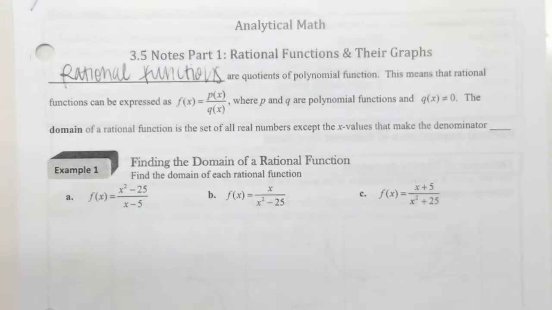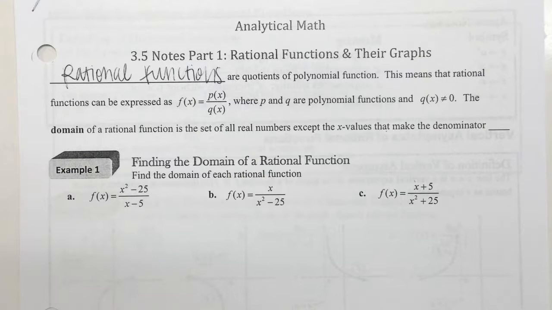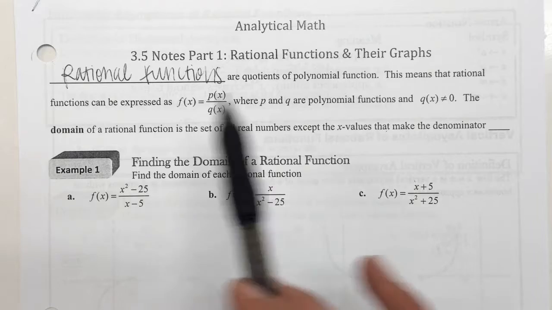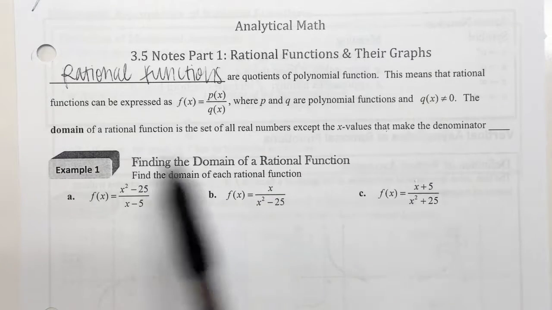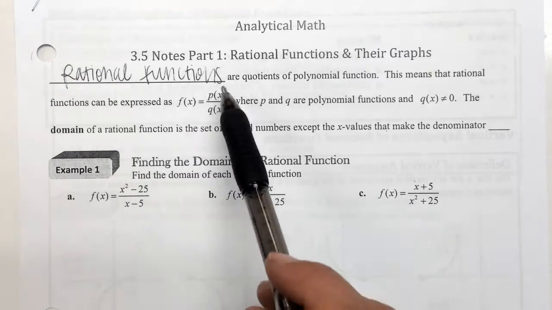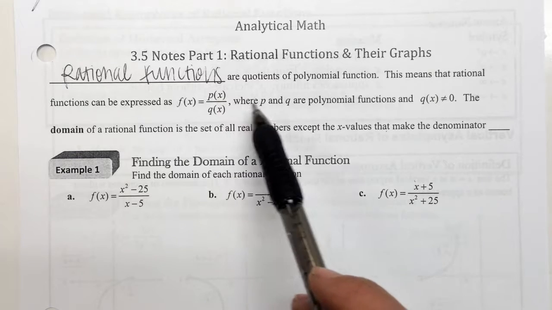Rational functions are quotients of polynomial functions. Hopefully it'll clear up. Quotients of a polynomial function. So pretty much rational functions are when we have a letter in the denominator. That's a rational function. This means that rational functions can be expressed as p of x over q of x, where p and q